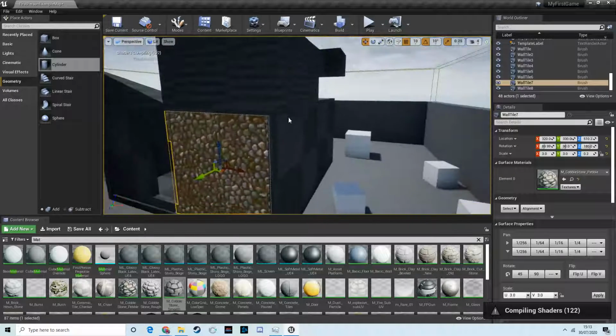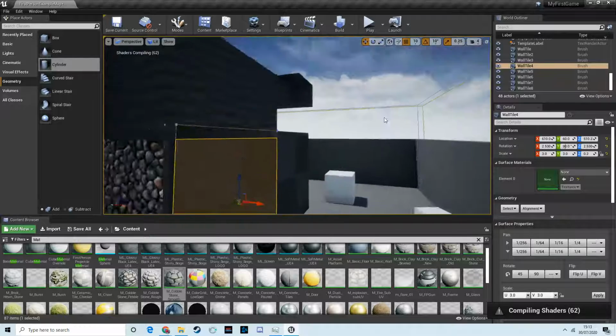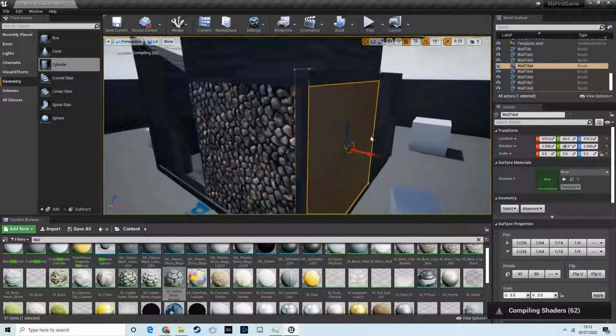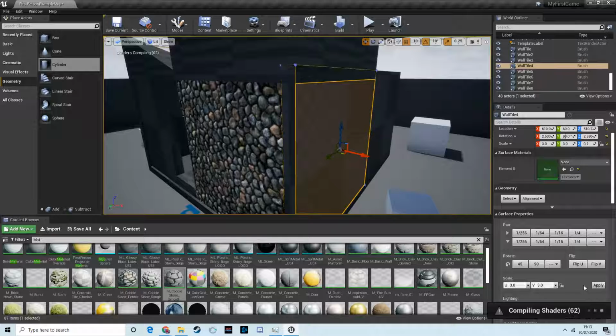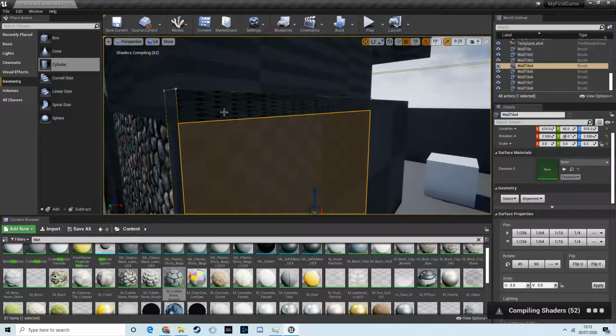But I'm only showing you this because we will be using materials quite a lot, so I just think it's interesting you understand how they work. We can actually go in and fix that and make it the same sort of ratio as this. But that's definitely not something for this video. We can do that down here on the scale. All right, I will just show you that really quickly, actually. So look how it's stretched. Now, this is a bit of a guessing game, but if I change that to, I don't know, 15, keep that and then hit apply,